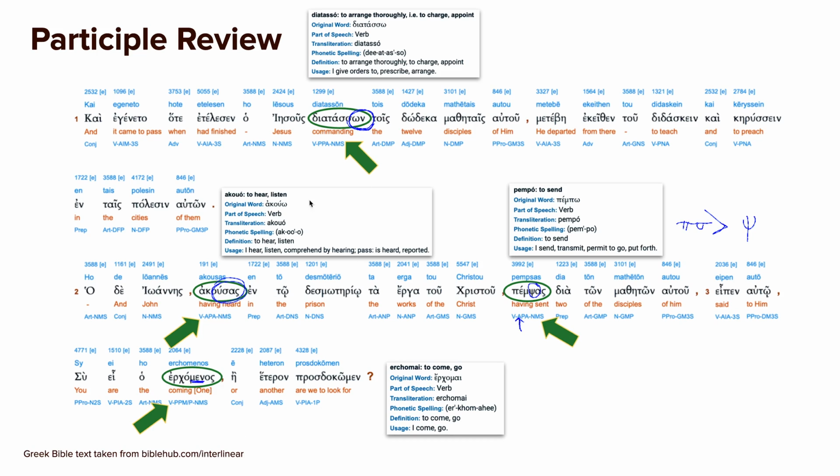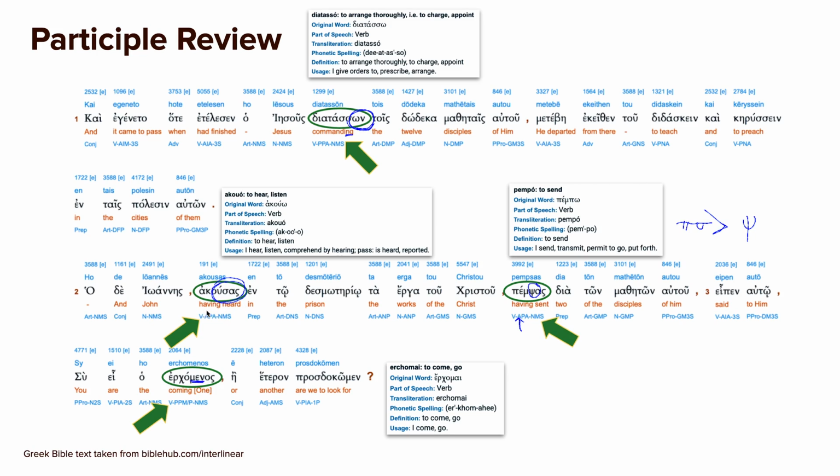All right, so let's look at this a little bit longer. We have Jesus commanding the 12 disciples. Diatasso with this own is kind of like the ing in commanding. So in this case, he had finished commanding the disciples. What had he finished? He finished commanding. So this is kind of like a noun. This is the object of the verb finished. So diatasson. Here, the participle is used as almost like a clause to indicate timing.